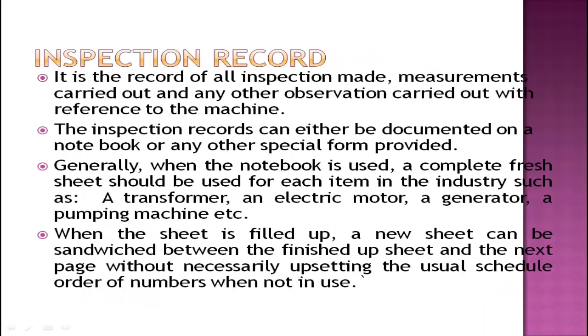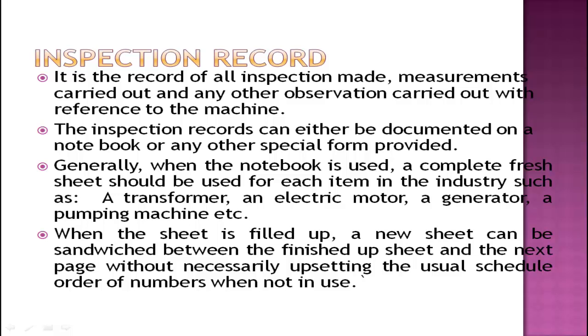Now, let us look at the inspection record. The inspection record is concerned with all forms of measurements that have been carried out on any particular machine. The inspections that are done and all other observations carried out on that particular machine must be documented on this inspection record card. Now, the inspection records can either be documented in a notebook or on any other special form provided. Generally, when a notebook is used,